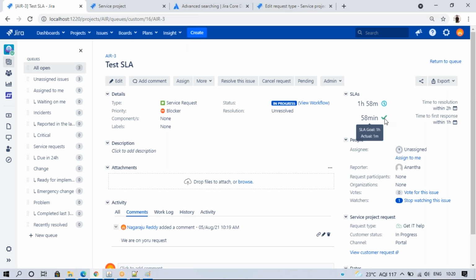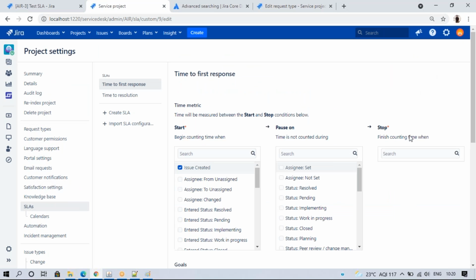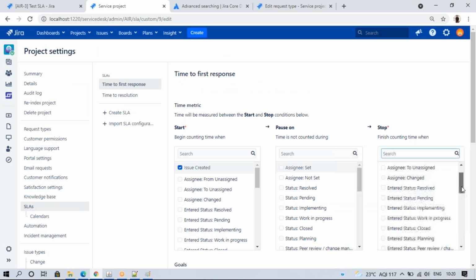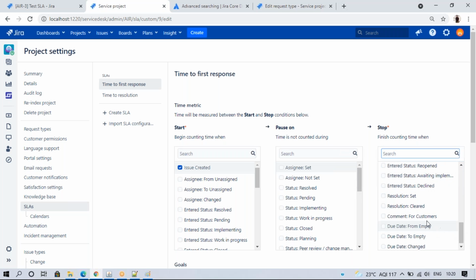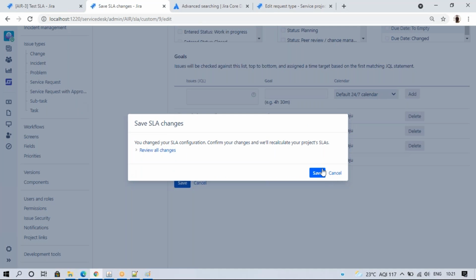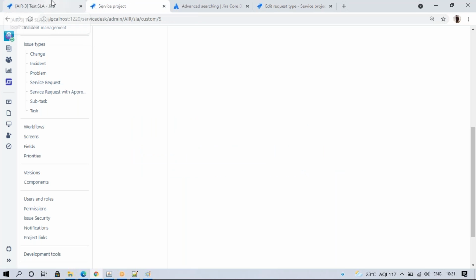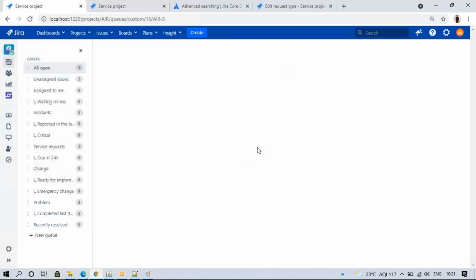See, 58 minutes has a tick mark. So normally it should be comment for customer. When the supporter adds a comment, it will stop. And next, the time to resolution, when it will stop, and we have a pass on option.